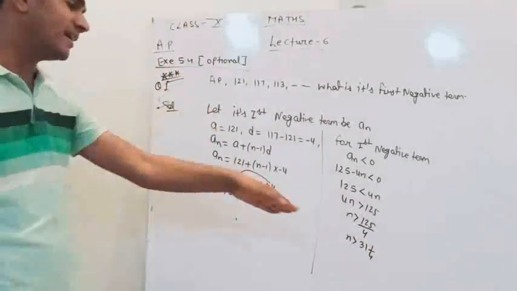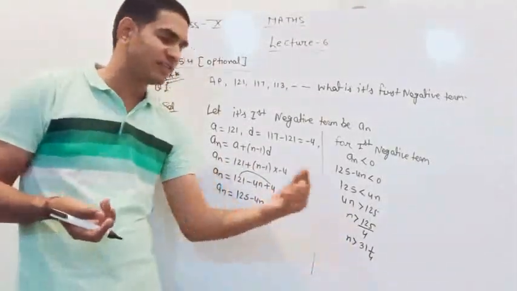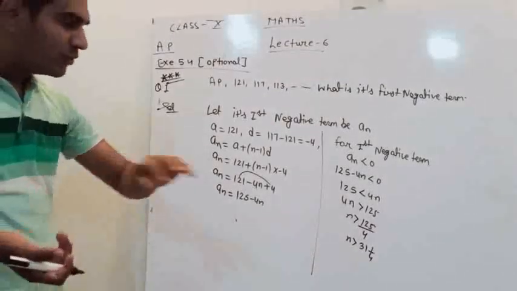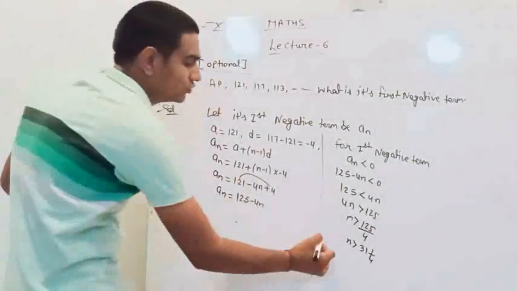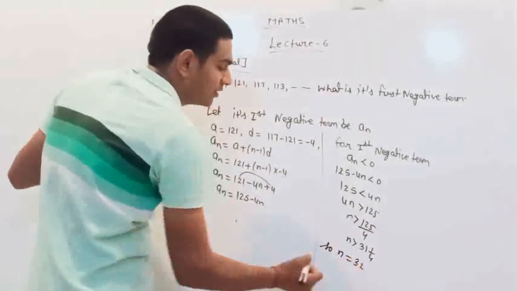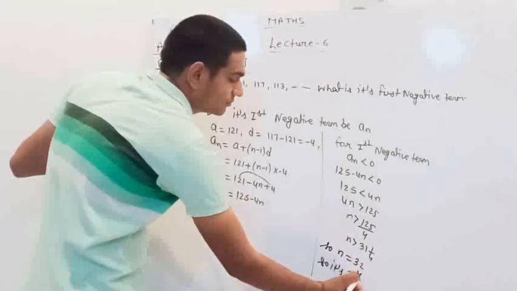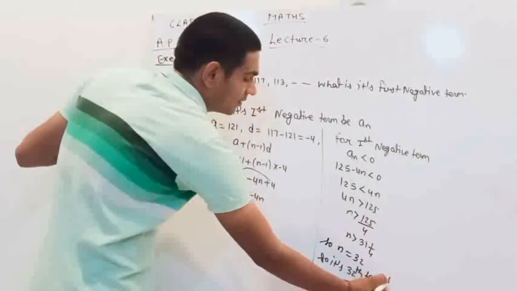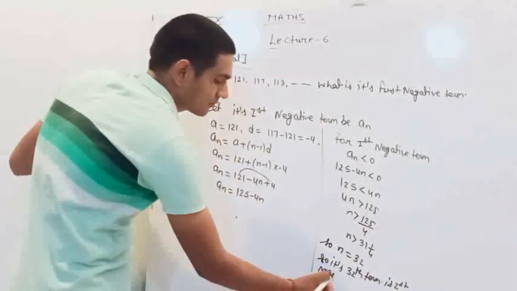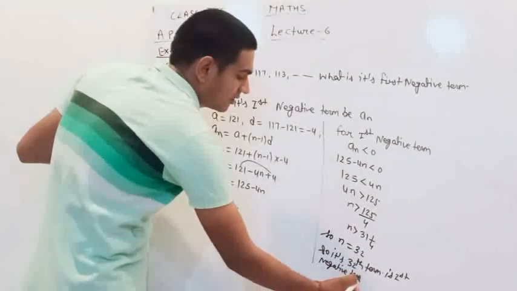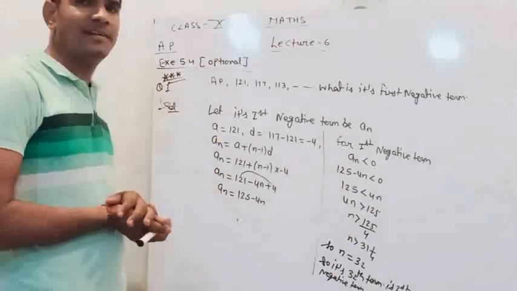So always we will take just greater value. So what is the just greater value, or what is the whole number just greater than 31, which is 32? Because 31 1 upon 4 terms possible नहीं है, इसका next whole number क्या होगा, 32. So n equals to 32. So its 32nd term is first negative term. Okay. So students, that type of question is very very important and generally asked in examination each and